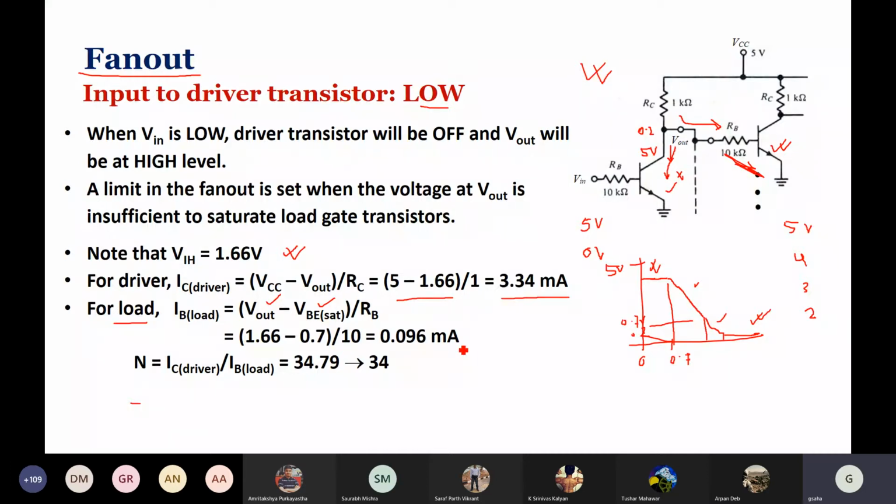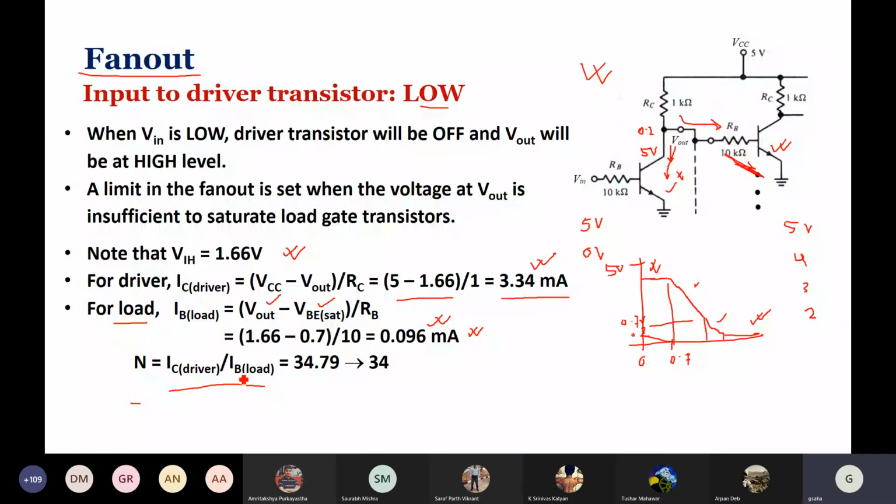So if you subtract and divide by 10 kilo ohm, that is 0.096 milliampere. That is taken by one load, and we are talking about connecting similar such devices. So how many such similar devices can we connect? This will be the total current it can deliver divided by the current taken by each load. So IC driver by IB load, and you get this number,